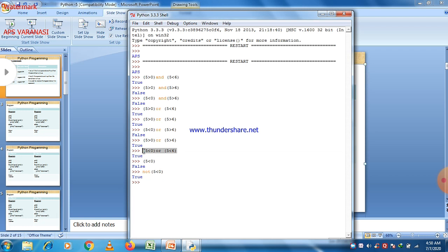Now just copy the previous statement here, and what we want to do here, just negate that statement. We already know that the final result of this statement is true, but if we write not here and just write parenthesis sign to make a single condition here, and after that executing that statement, what happens? Result is false. And why result is false? Because it just negates the statement. And in previous one we can easily see that, that is highlighted one, that result is true. But when we write not here before this statement, it will negate the result and result will be false in that case.